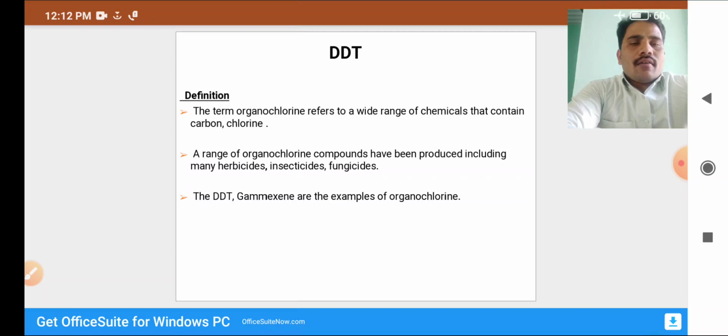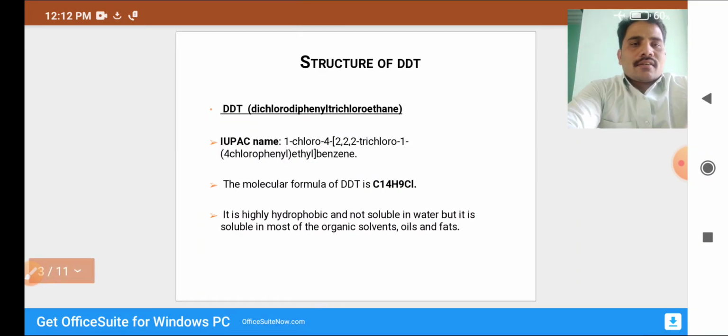A range of organochlorine compounds have been produced, including many herbicides, insecticides and fungicides. DDT and Gammaxane are examples of this class of organochlorine compounds. So this is the basic theme of DDT. Now, going to the detailed structure of DDT, it is